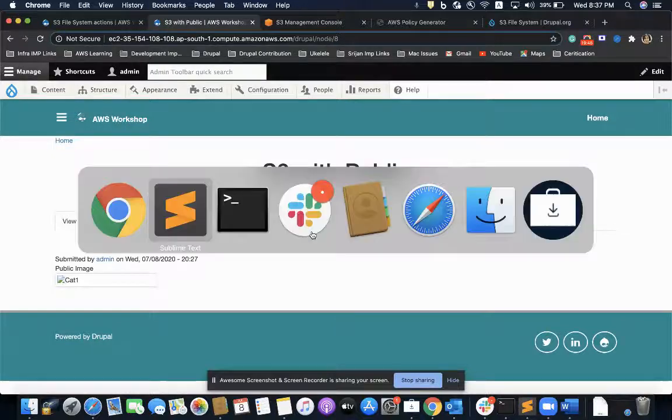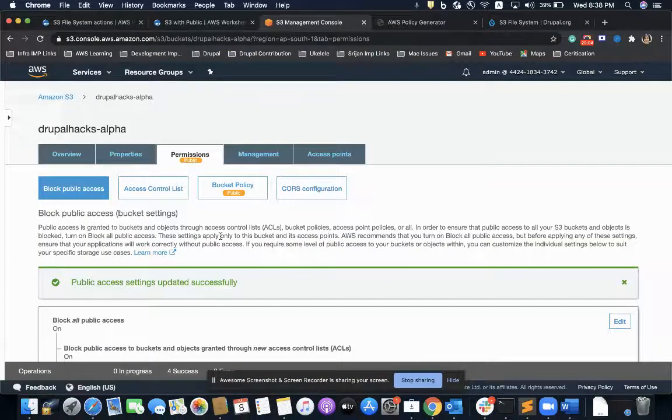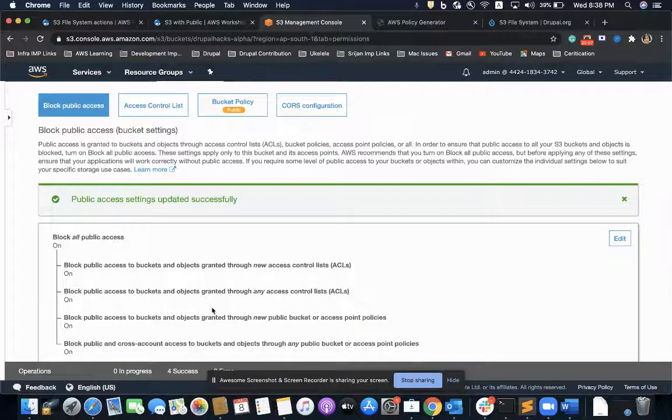In that case, I can use the concept of pre-signed URLs. Pre-signed URLs are URLs with set timeouts, with a token, and certain information built into the URL. With the help of that information, AWS bypasses the block, as in it checks whether it is the preset URL or not.